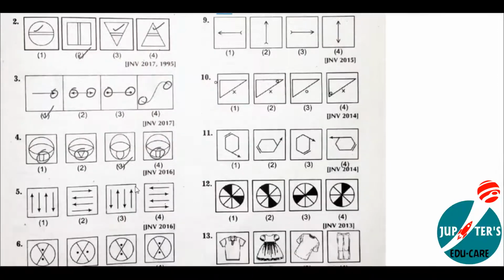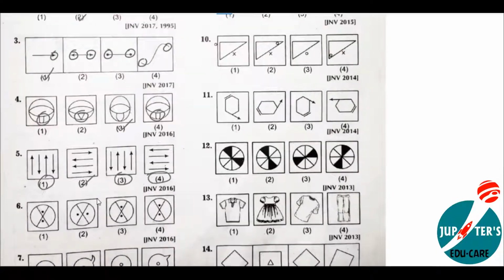Next, fifth question. See, in the first option this arrow is showing up, then down, then up, then down, meaning opposite directions. In the second option right, left, then left, then right; actually the third arrow should show right, but it has shown left. In option 3 down, up, down, up. In option 4 left, right, left, right. So options 1, 3, and 4 show arrows in opposite directions, but in option 2, right, left, next it should be shown right, but it has shown left. So 2 is our answer here.